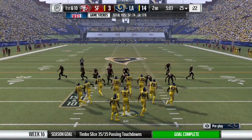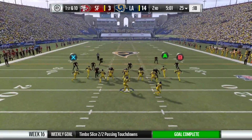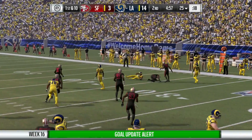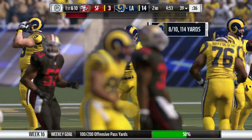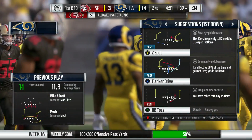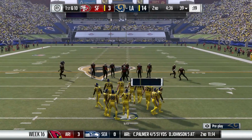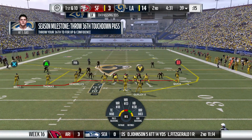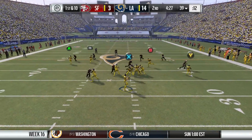Field, here comes Los Angeles. And that last drive, a long drive, but not just that. They had a great air attack going. Do they stick with that? I would think that they would, because if they were confident enough to do it on the last drive, starting backed up in their own territory, why would you change anything? They've got to be confident about what they're presenting and continue to do so. Because the secondary, they really look clueless. And that was amazing because that drive went and went, no adjustments, and no big plays by the defense to